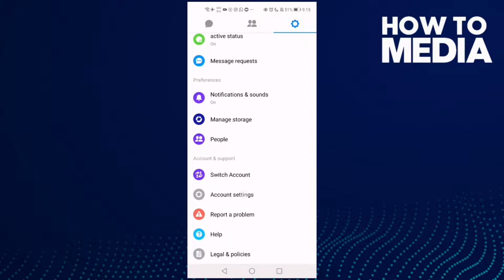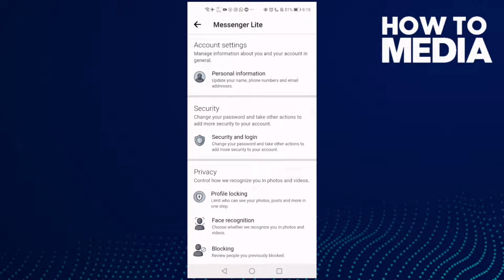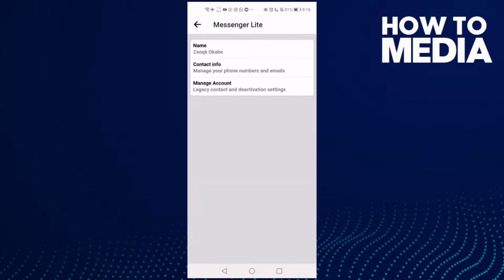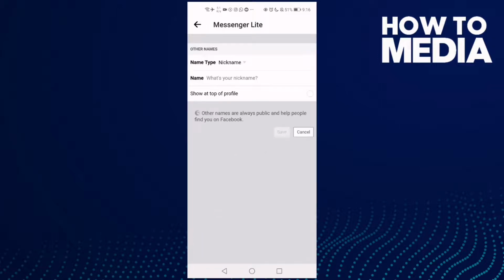Here you will find account settings, click on it and then just click personal information and then name, and now click add a nickname, and here go to name type and click on it and select former name and here just add your former name, and after you add it just click save,